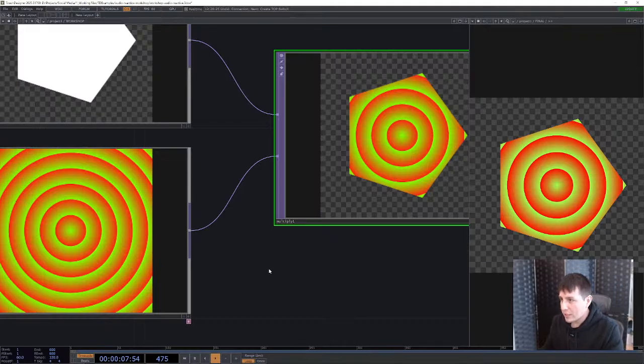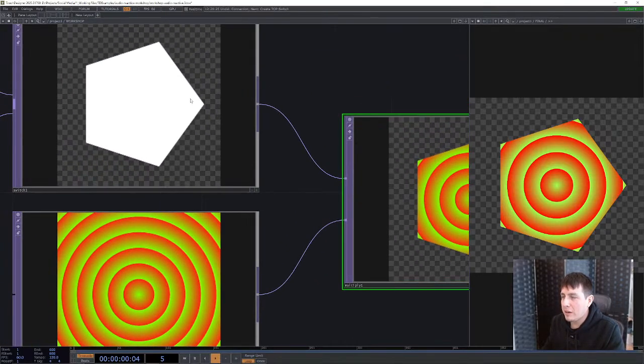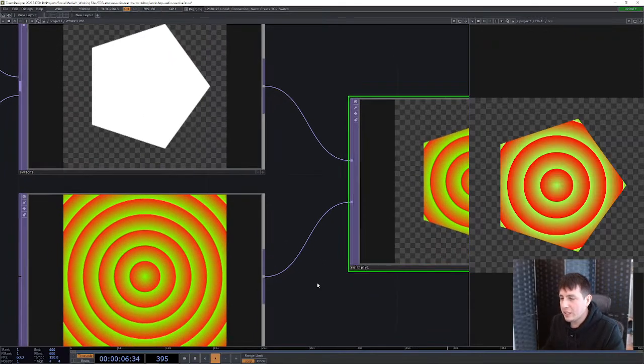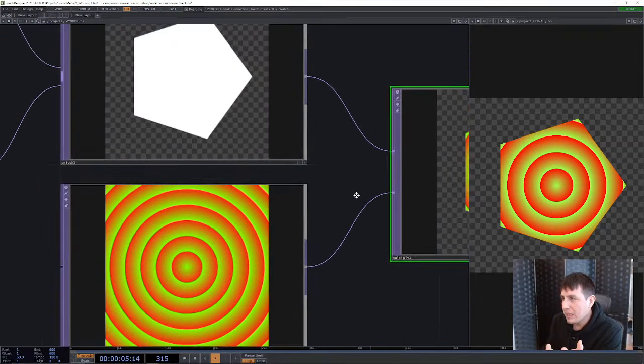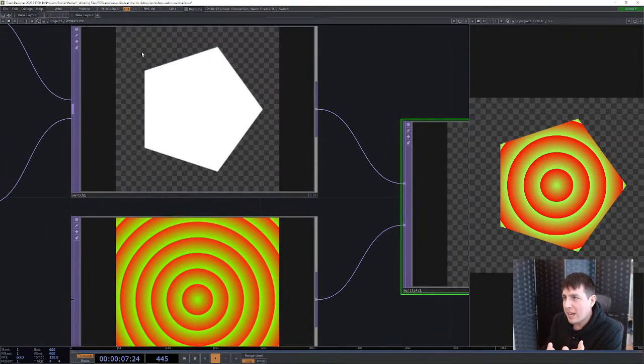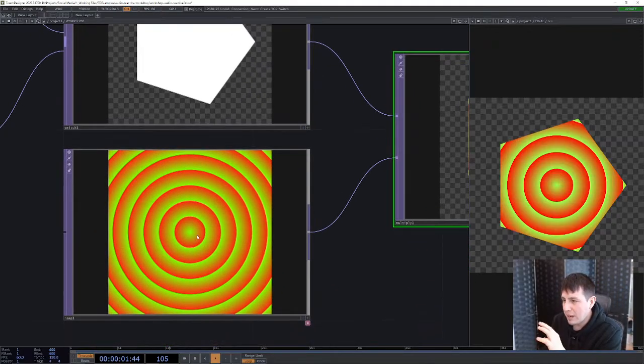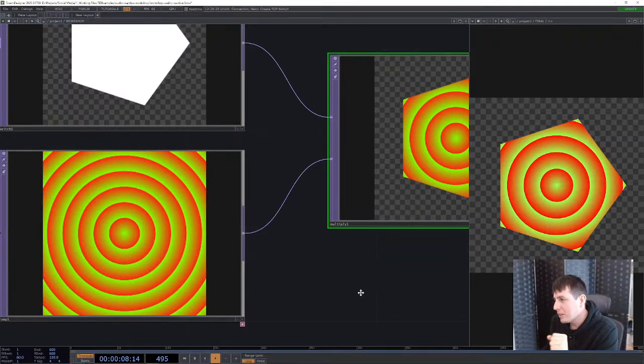The way that this works is that you'll see that the pentagon's background is this checkered background, which means it's the alpha channel, which, if you think about this in terms of pixel value, is actually 0. So that's how we're getting this effect, because all of the outside region of this pentagon is 0. And so when I'm multiplying this by this ramp, all that same region is going to be 0 as well,